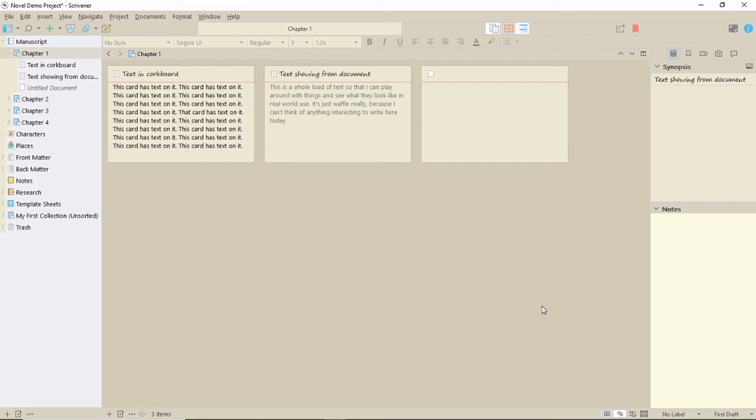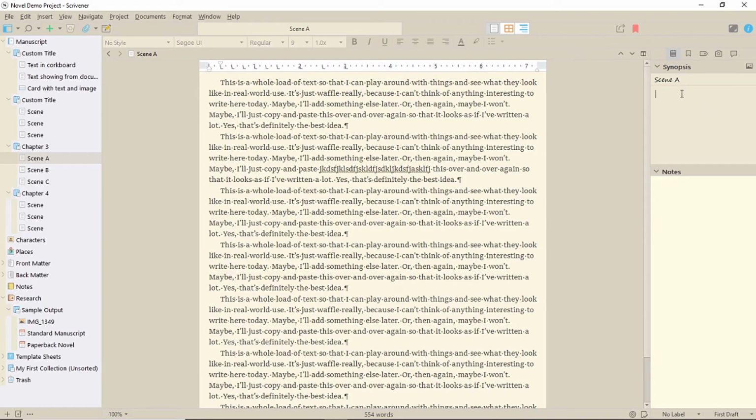If you like planning before writing, starting by using the corkboard is probably easier, as it's a more visual method and you can see everything at once. If you don't plan, but you want to summarise your writing after you've written, using the synopsis box might be best, because you have your manuscript easily there in front of you to refer to.